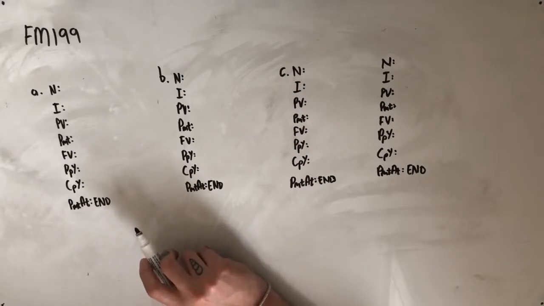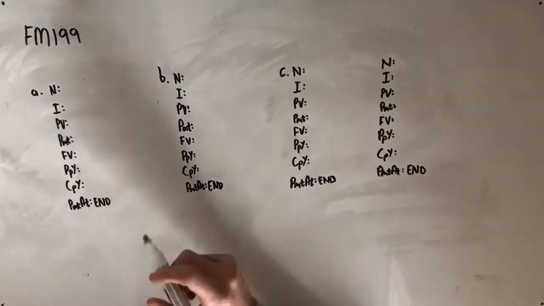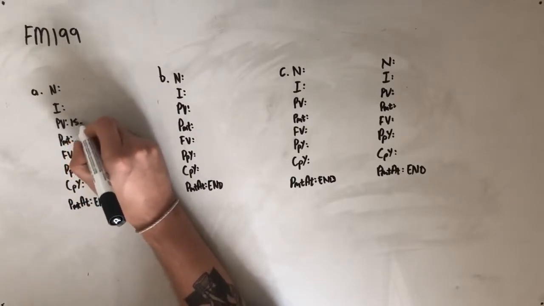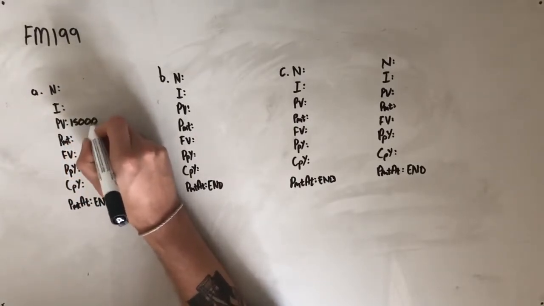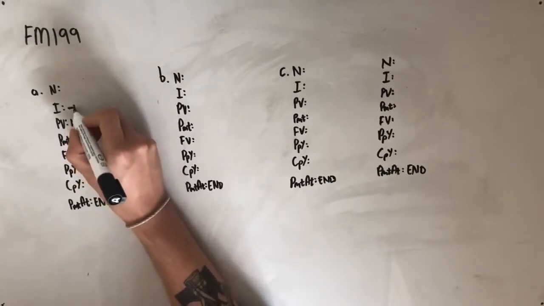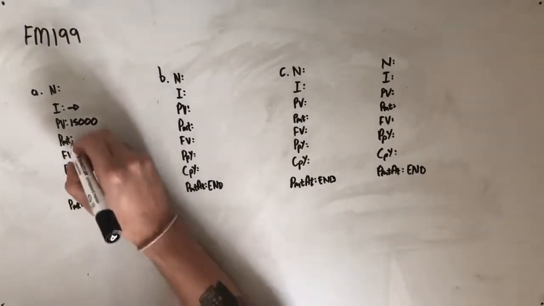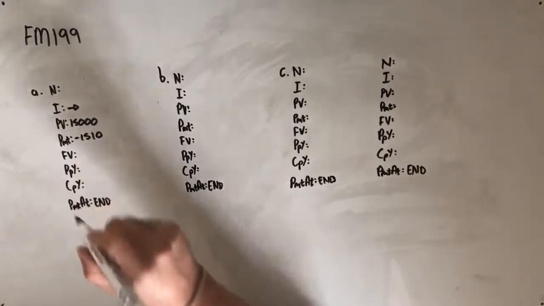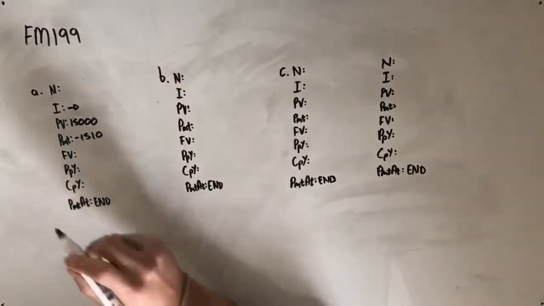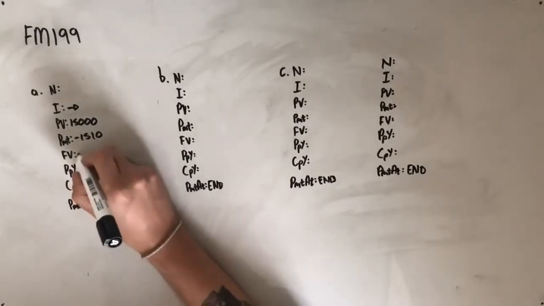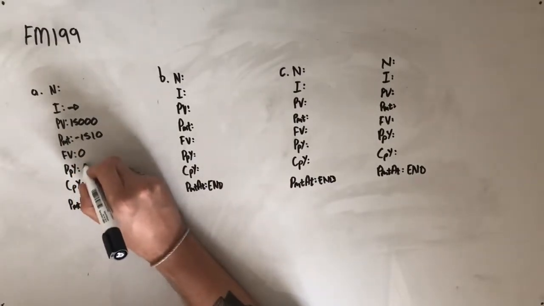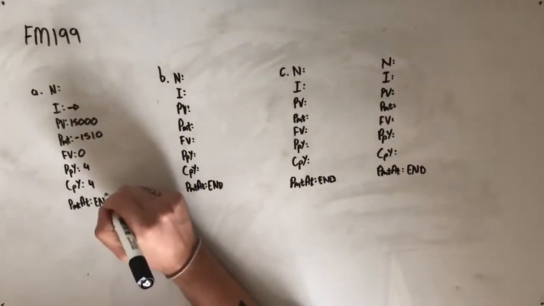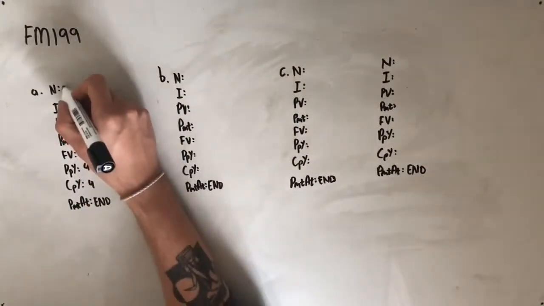So, in order to figure this out, we know that we're going to have a present value of positive 15,000 because that's how much Matt has borrowed. We're going to be solving for the interest rate. We know that he's making payments of $1,510, so negative because he is paying that. Our future value of this loan should be 0, and we've got quarterly payments per year and compounds per year. And we know that it goes for 3 years, so 3 times 4 is going to give us a number